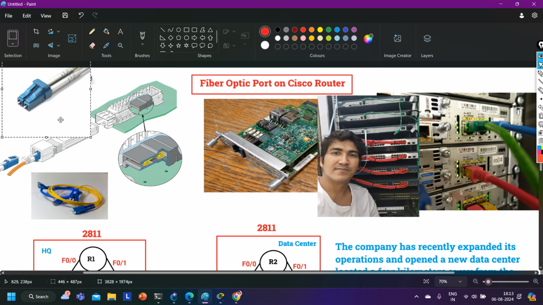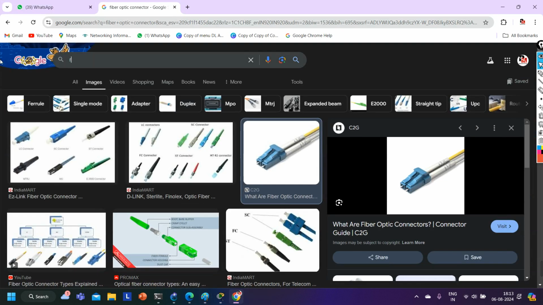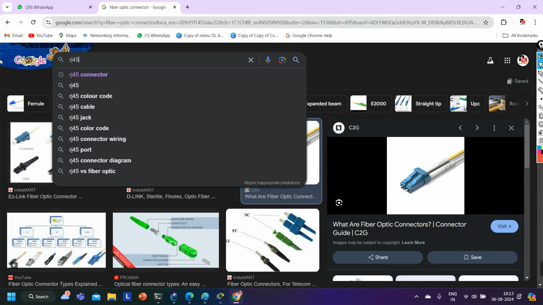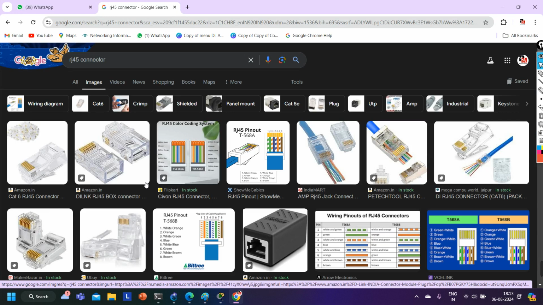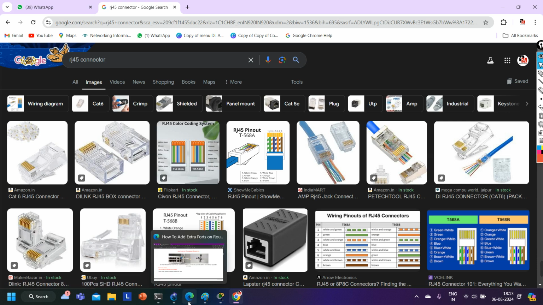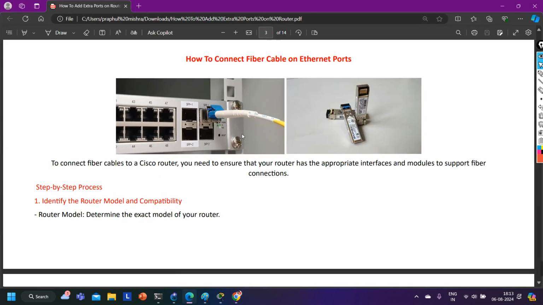Because if you want to see the RJ45 ports, let me show you that also. RJ45 connector. See how an RJ45 connector looks, right? So we can connect the Ethernet cable on the Ethernet port, but we cannot connect the optical fiber cable. So we need a new hardware, that is SFP, right? This new hardware is called SFP, and this is how SFP looks,